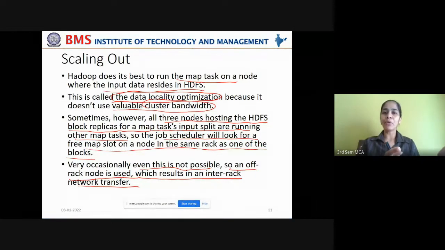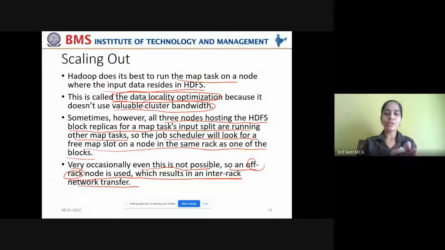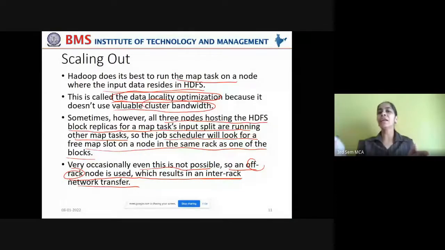On the same rack, the data node is not free, so it locates another data node on a different rack in order to assign the map task.